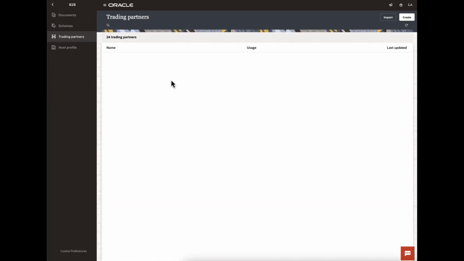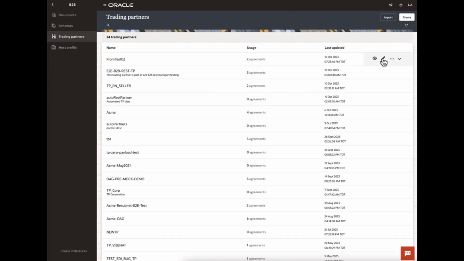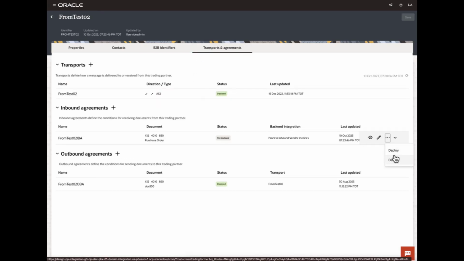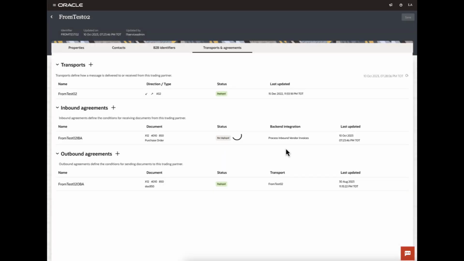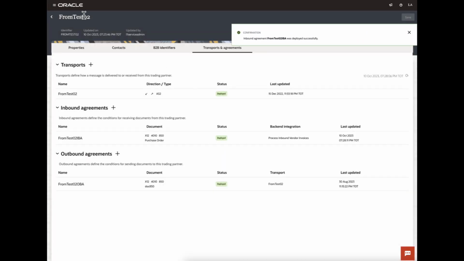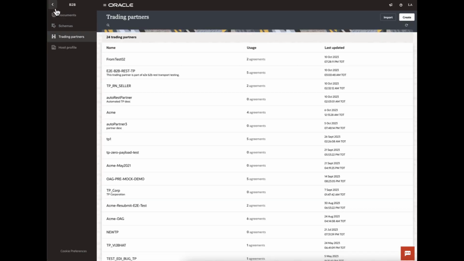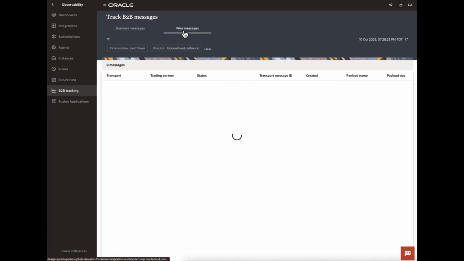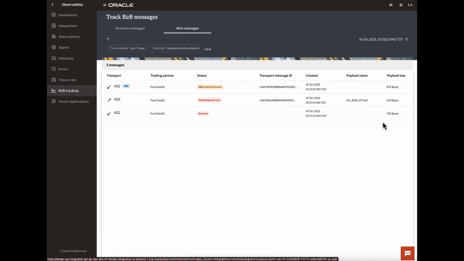go back to our trading partner, deploy this. And now since this is a configuration error on our side, we do not need to go back to our trading partner and request them to send this document back again. So we come back to our wire message,